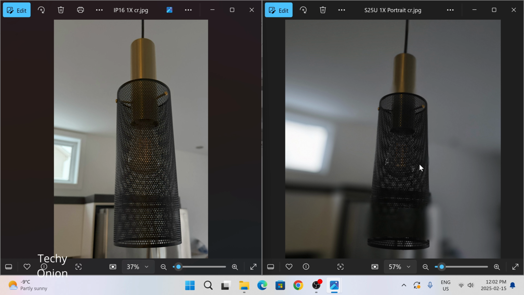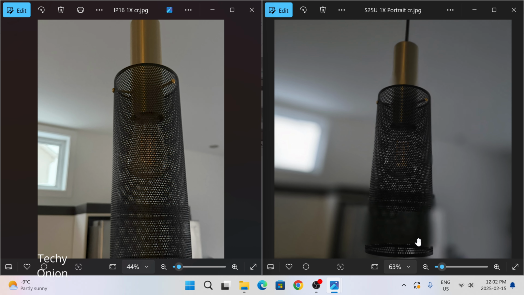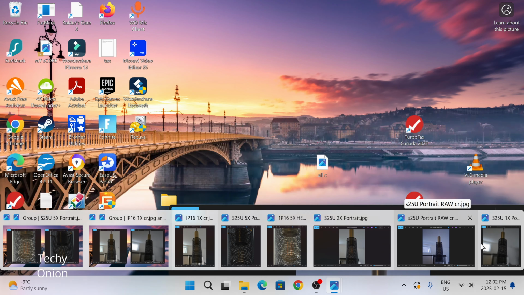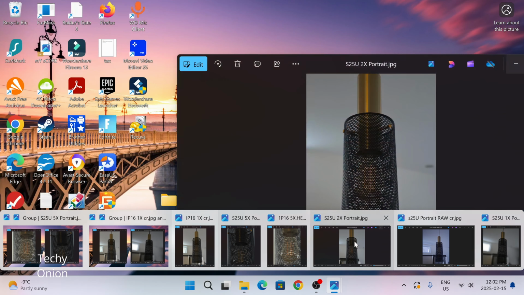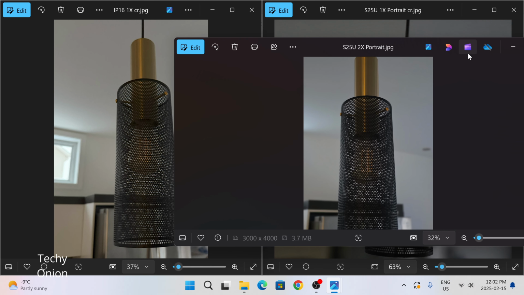So here on the left, the iPhone, this is on the 1x portrait. The iPhone definitely looks better. The Samsung has messed it up here. But guys, trust me, I had to play around with the angles to at least get the iPhone in focus. The Samsung, it wouldn't focus like the portrait, it would blur out. I tried different angles, it didn't work. However, I was able to get the 2x to focus properly. So this is on the auto portrait. Now, if I'm gonna close this quickly,